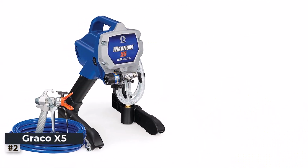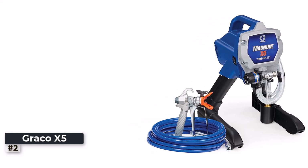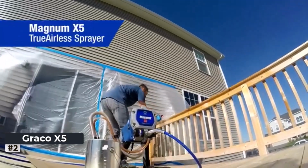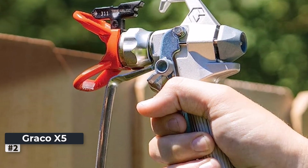Number 2. Graco Magnum Stand Airless Paint Sprayer. For those seeking an airless paint sprayer that can handle larger projects with ease, the Graco X5 Magnum is the ultimate choice. This stand airless paint sprayer boasts powerful performance and durable construction that can tackle both interior and exterior